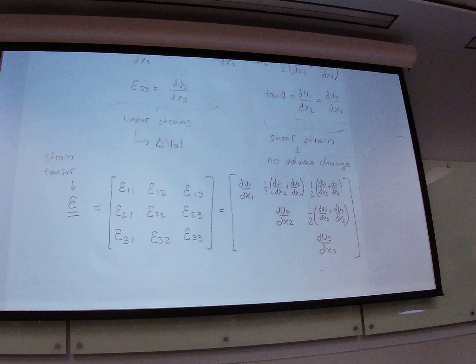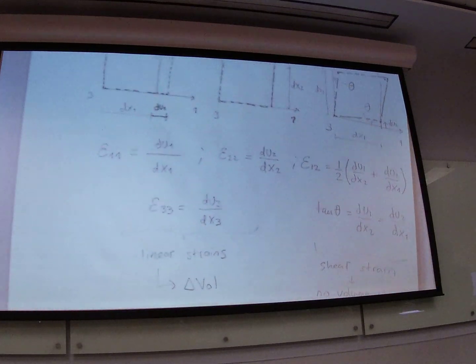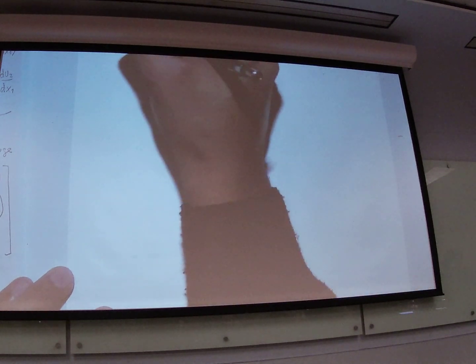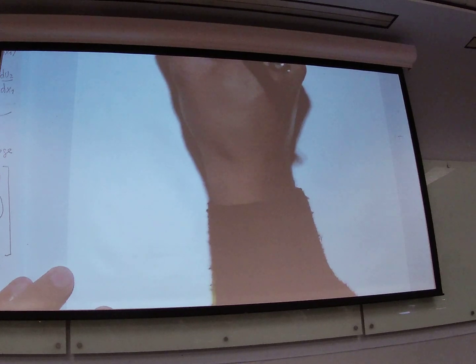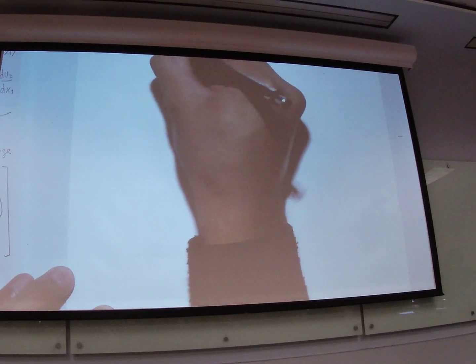All right, so let's see now how we use this into what we know as linear elasticity. Basically, we have one step here that we have to close in order to relate these two. Basically, we have stresses, and we'd like to relate those stresses to strains, right? Or let me put it differently. We know that if we apply a given stress